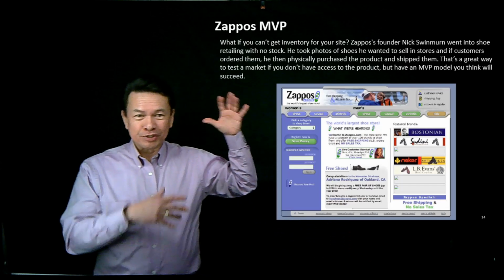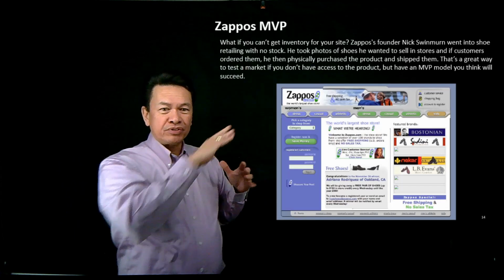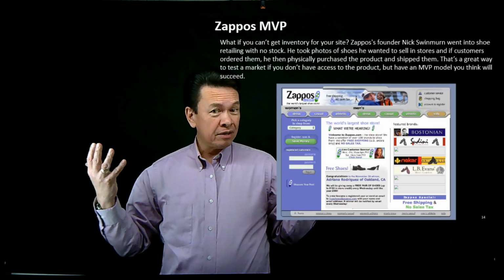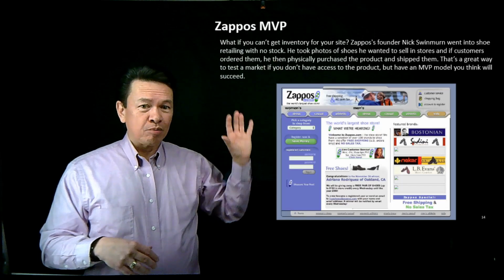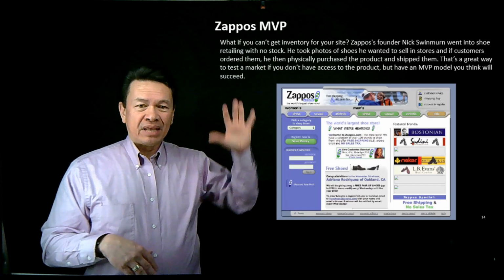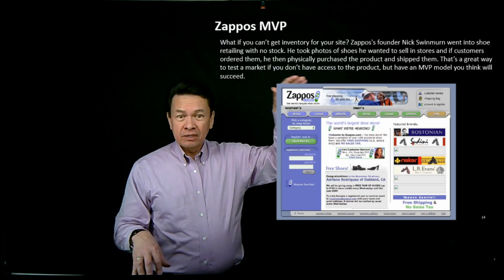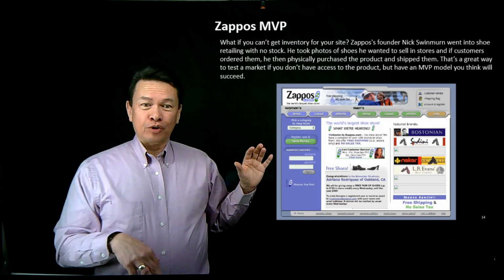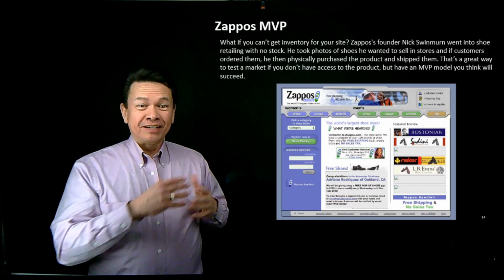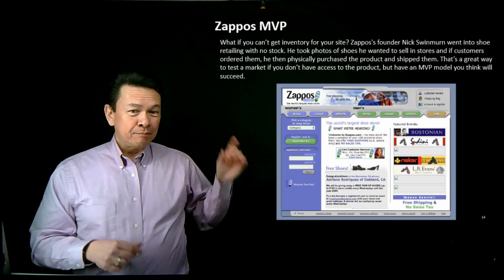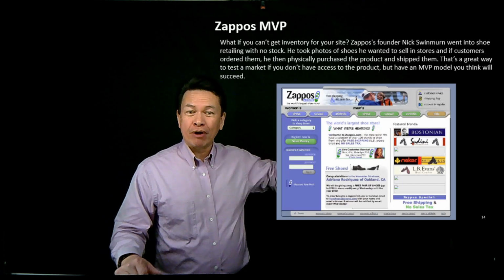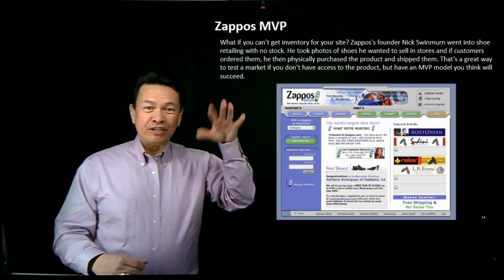Here's an interesting one. This is a fun one. Zappos, they're going, hey, would people actually buy shoes online, right? But this was their minimum viable product. Would they actually do that online? Now they're the largest online, I think, sneaker reseller in the world. But their first version was they would actually put sneakers on there. They wouldn't even have inventory, right? People would actually say, yes, I'll buy that. Then they ran over to the store, bought them, and then basically shipped them out.